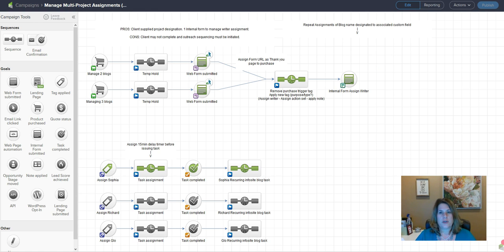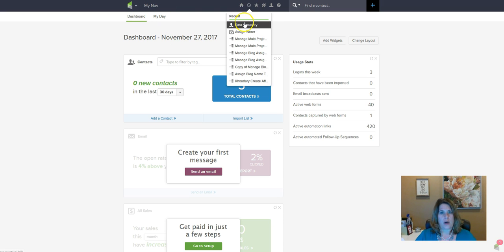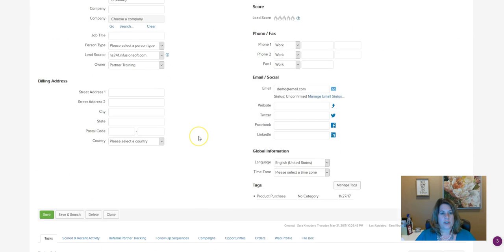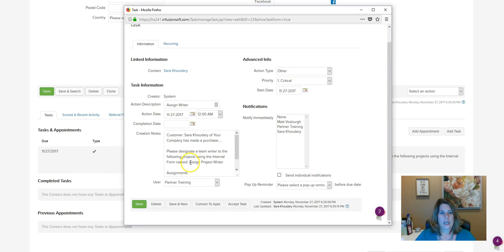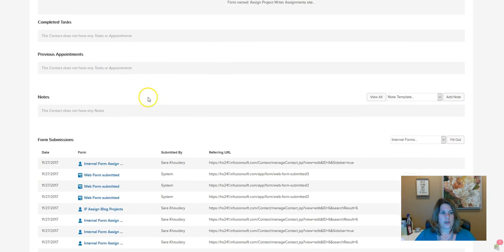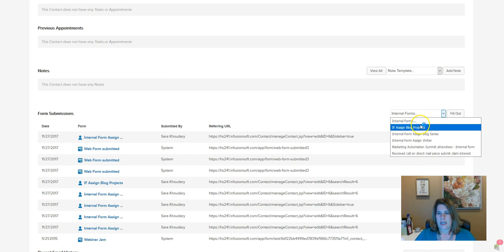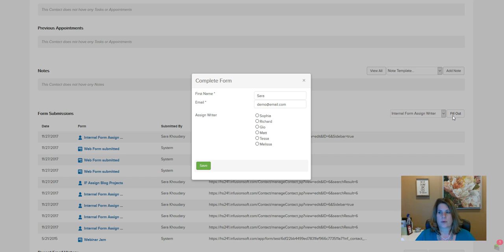Now when we go back to the original campaign, the next thing being issued is this task to assign the writer. When we go into our contact record again and check our tasks, we see assign the writer. It's telling me to go to the internal form, assign writer. There's my blog 1, there's my blog 2. Staying in the contact record, we go down to form submissions, go to assign writer, and click fill out. And here we're going to select that we are assigning Sophia